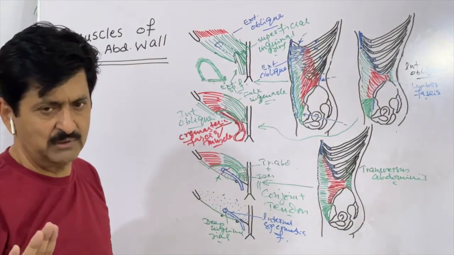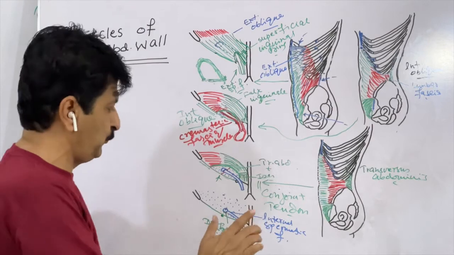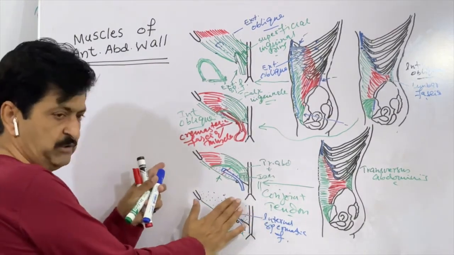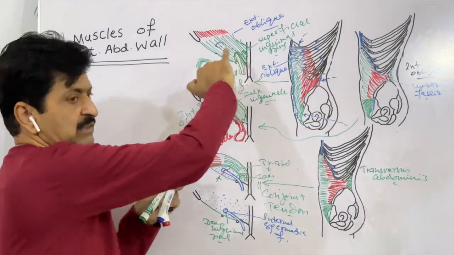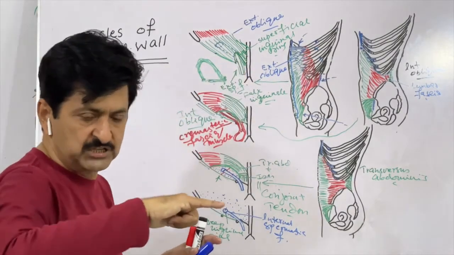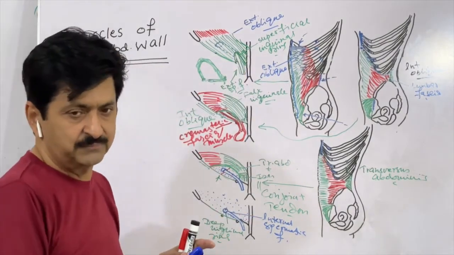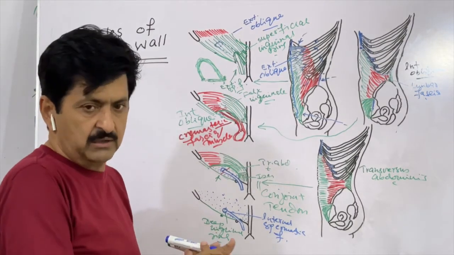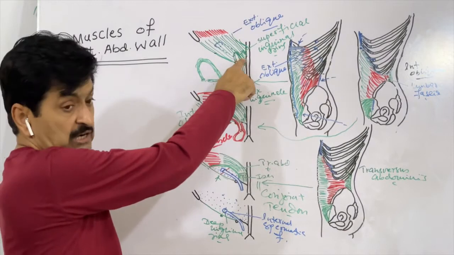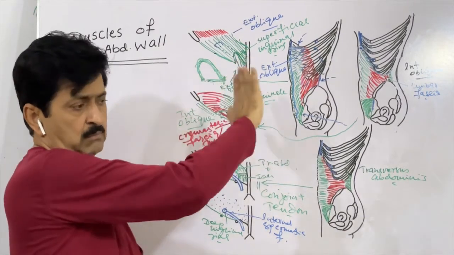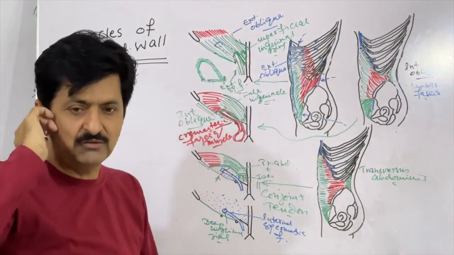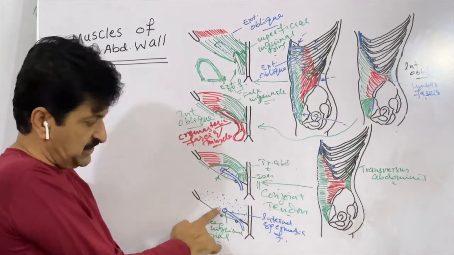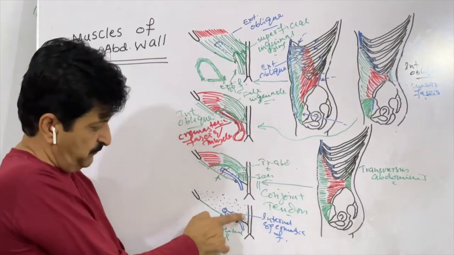Not just the fascia transversalis, the posterior wall will be formed in the inguinal canal by... because when you are putting your finger in the superficial inguinal ring, it means your inguinal canal has started. Anteriorly, it is the external oblique, obviously, but posteriorly it is the fascia transversalis. But in the medial one quarter of your inguinal canal, it is formed by fascia transversalis, though, but it will be